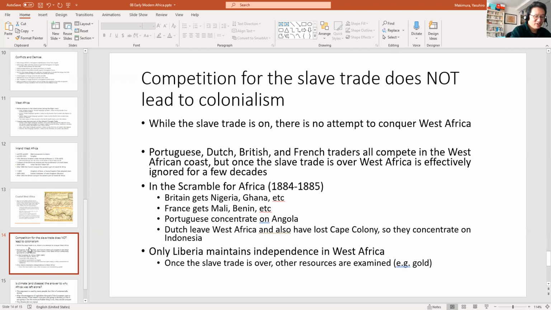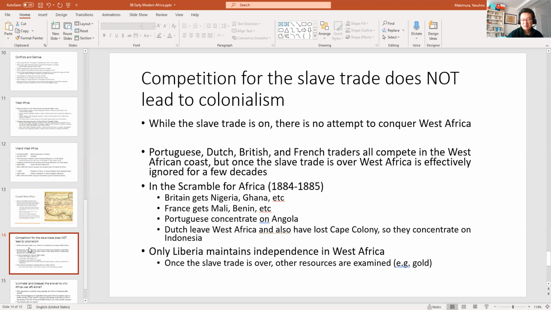So if, let's say, the British are at war with a local African kingdom and say, all right, fine, I'm not going to sell you guns anymore, well, the French or the Dutch or the Portuguese might show up and say, hey, I hear that the English aren't selling you guns anymore. We'll sell you guns. So not only are the Africans constantly divided and therefore can't show a united front, the European side is also competing against each other and can't show a united front. So guns would just be plentiful in this area.